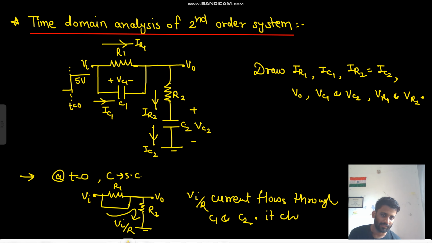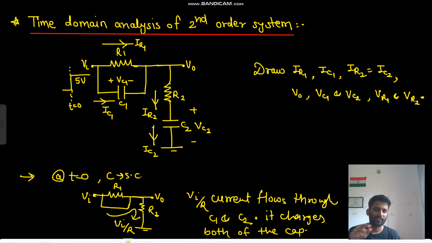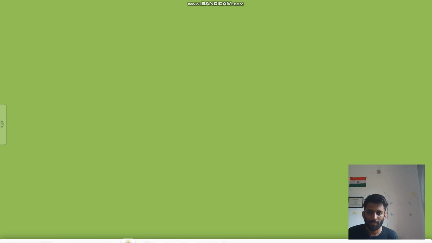It charges both of the capacitors, right? Capacitors are short circuited, so V in by R2 current is flowing, so that charges both of the capacitors C1 and C2. So initially at t equals to 0,